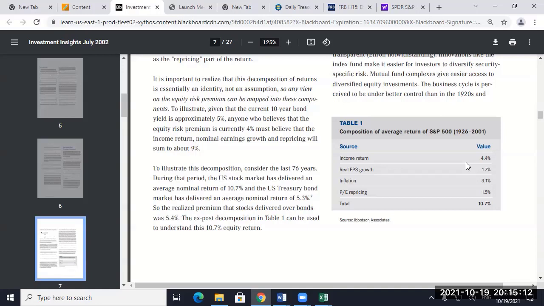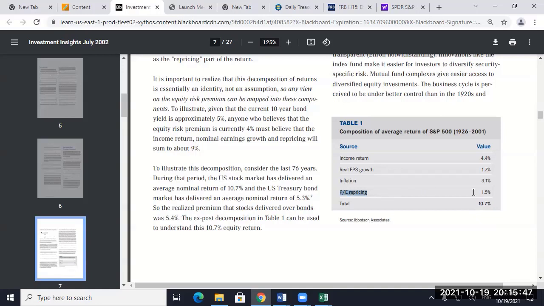There was a theory in the 50s and the 60s that if the dividend yield on stocks was lower than the yield on treasuries, then the stock market was overpriced. And then that all changed in the 70s and 80s when dividend yields got really low and treasury yields got really high. Real earnings growth has been much slower in the U.S. economy, and that's going to be an important input, right? Inflation has been higher than what we were seeing here recently. And in the PE repricing, 1.5%. They add those together, and stocks are giving you a 10.7% return.